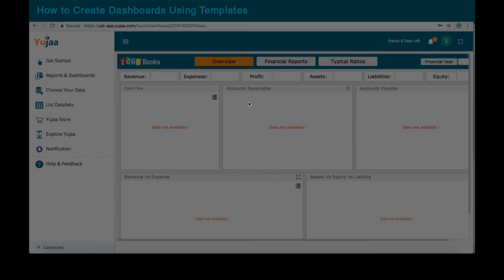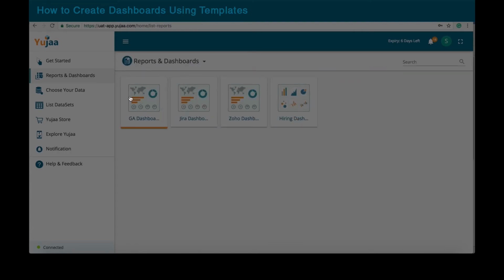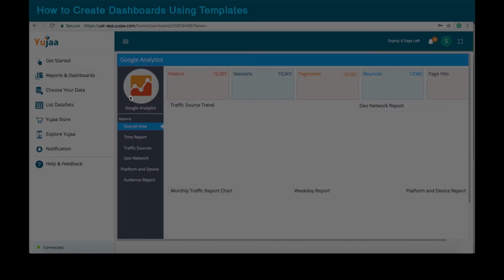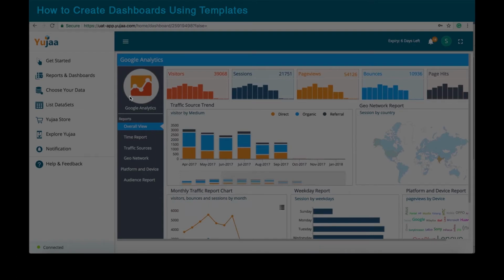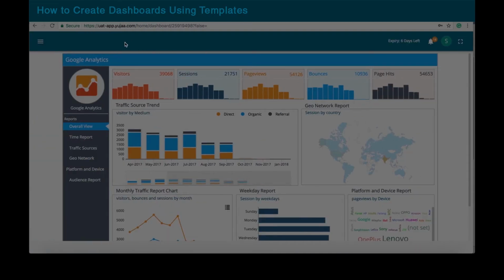Let's see what's happening in case of GA. So in case of Google Analytics, some data has started coming in, and I'm able to see a built-up dashboard for which I have not done any efforts. And you can see how many visitors, sessions, page views, and all those things are happening on my Google Analytics. I can get into